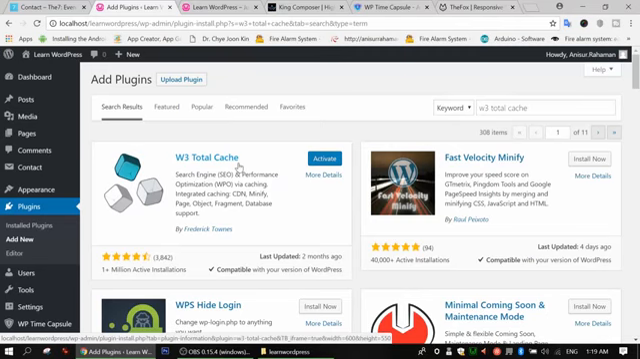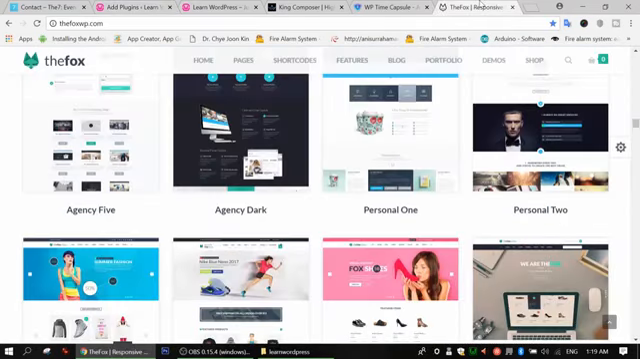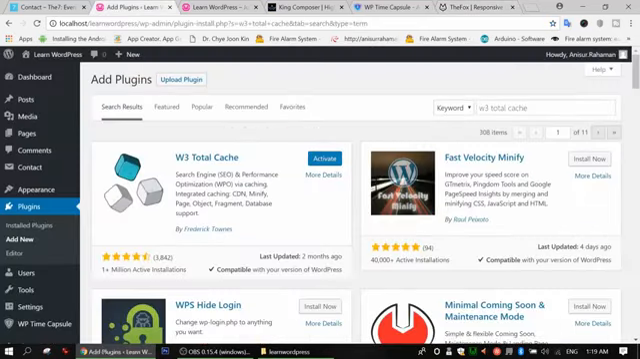That is how the Fox theme has loaded. So that's why we needed this plugin. We will do this, so we'll just click activate. Now we will install